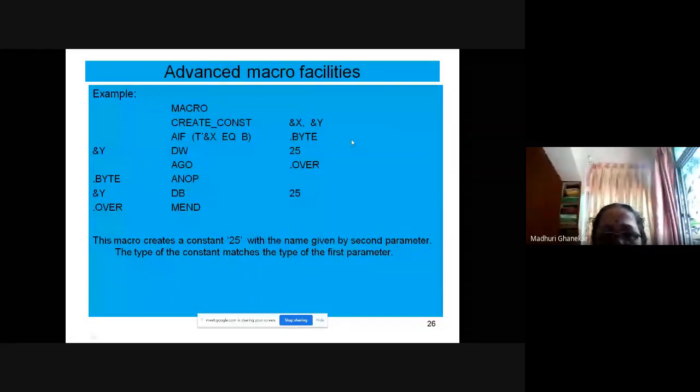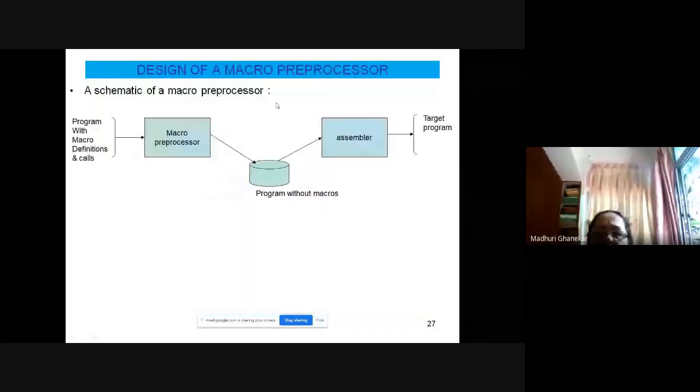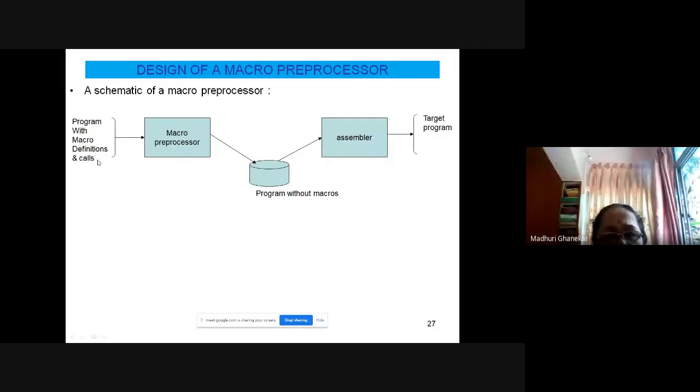Now we will see the design of a macro preprocessor. Program with macro definitions and calls. This is a schematic for a macro preprocessor. We are heading towards the design of a macro preprocessor. So any assembly program with macro definitions and calls is fed as input